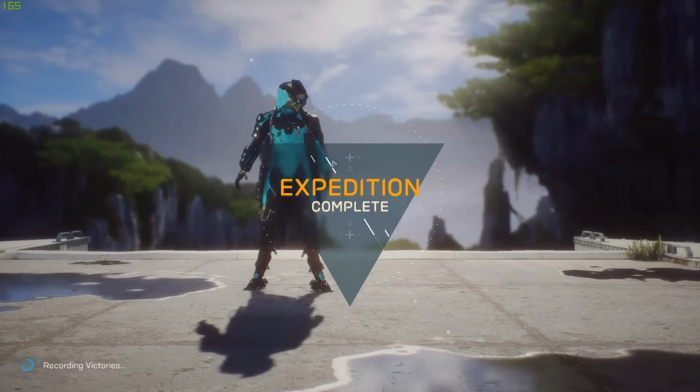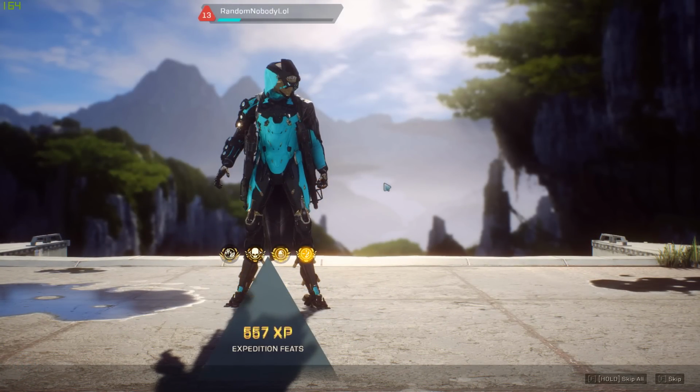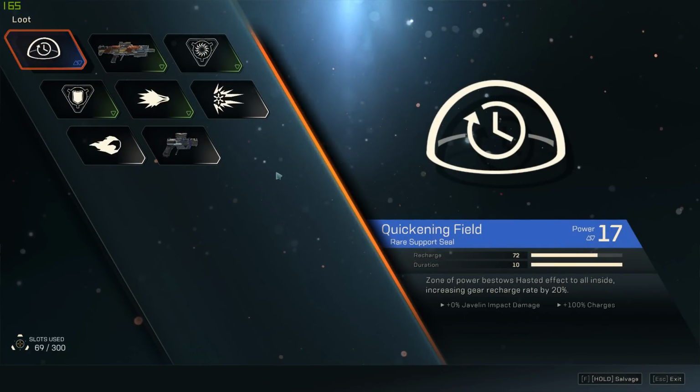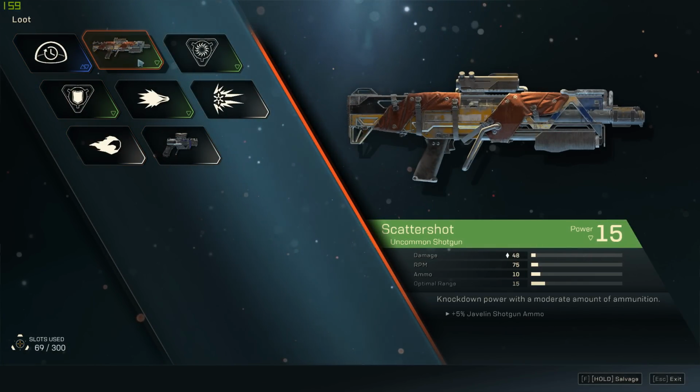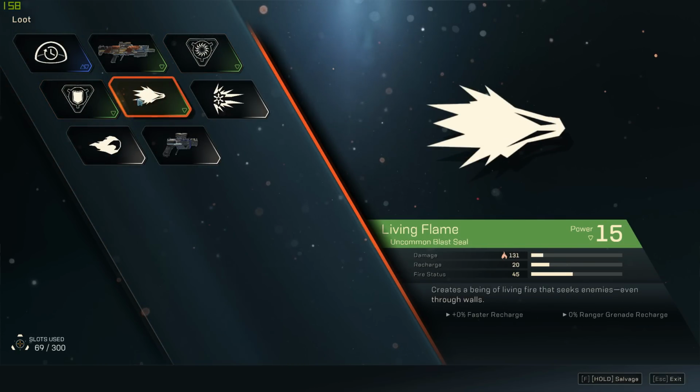At number 3, after successfully completing an expedition, you'll get the expedition end screen as well as the shiny XP, the achievements, the rewards. I suggest you go ahead and press the action button here to skip all of these unless you want to see them, and in the item reward menu or later on in the forge, you